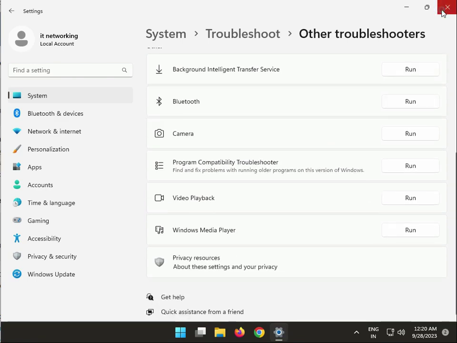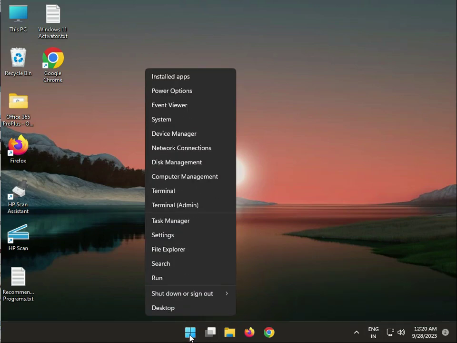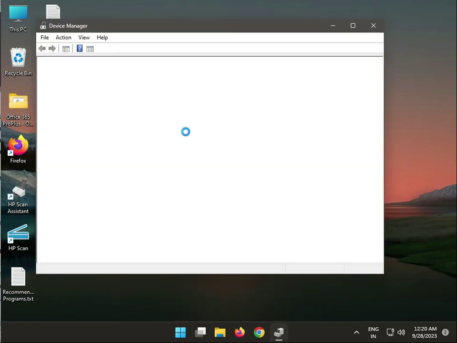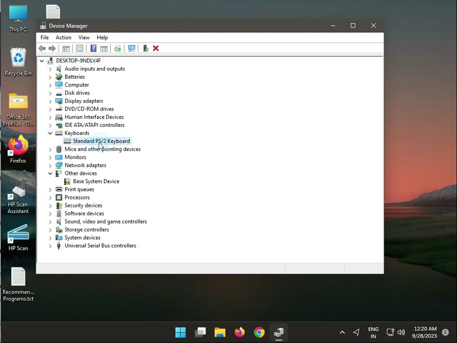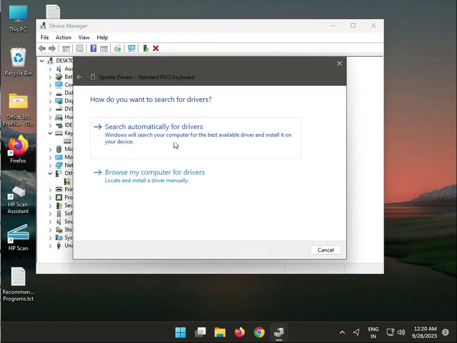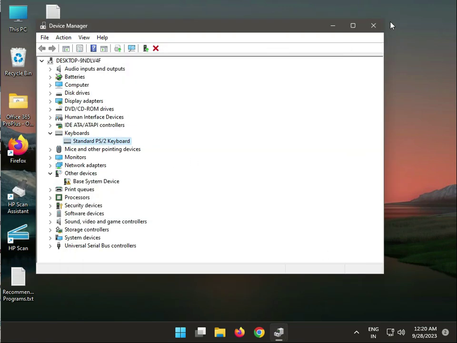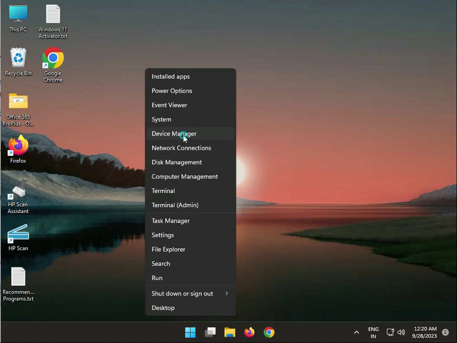Then the second solution: right click the Windows icon, open device manager, expand keyboard, right click and update driver, update. This is the second. Now third, again right click, go to device manager,